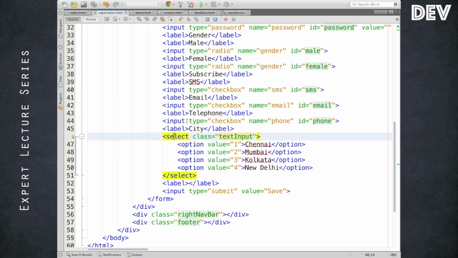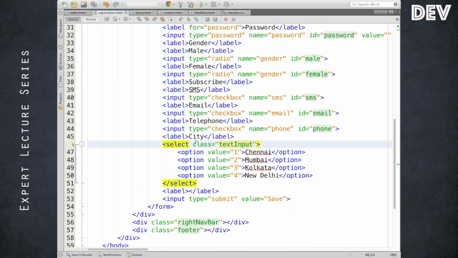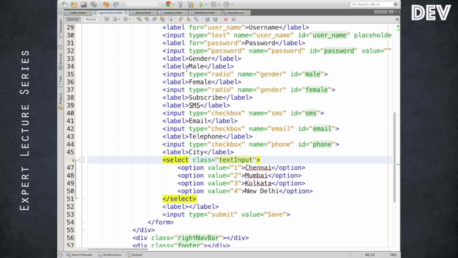I would recommend for the label field, make sure you put the for attribute. Why am I saying this? Because when you run this code on mobile phones, usually touchscreen based, it will automatically shift the focus to the next fields if you guide the elements in such a way.